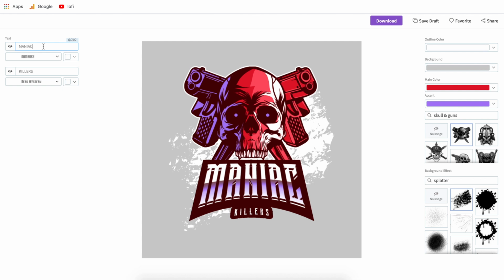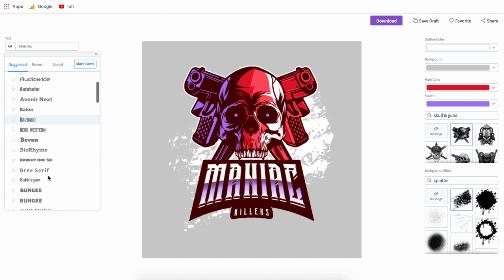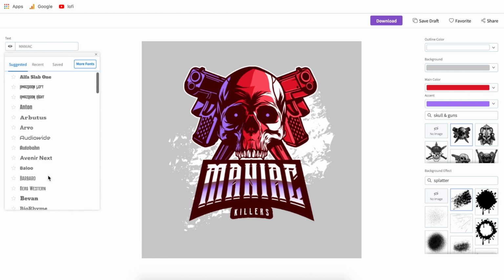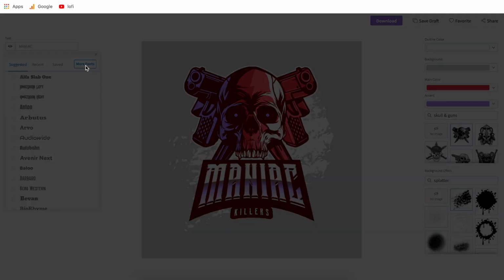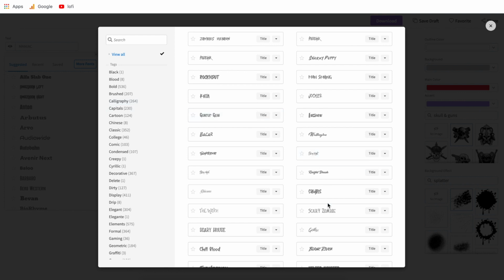If you want to change what it says, just highlight what's in here and you can change all of this text. If you'd like to change the font, just click the drop down. You can choose from all of these fonts, and from experience using Placeit for a while, if you don't see a font that you're looking for, or if you have something very specific, just click the More Fonts button right up here, and it'll bring you to a ton of different fonts that you can use. You can even type in what you're looking for and then select it there.